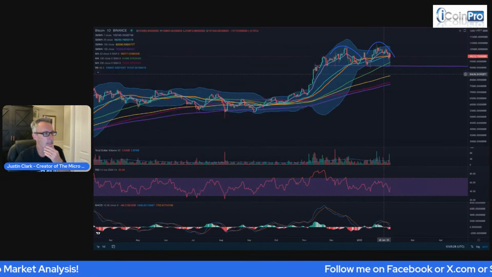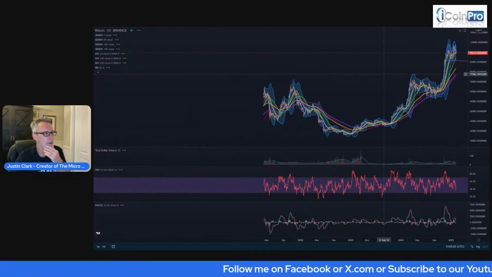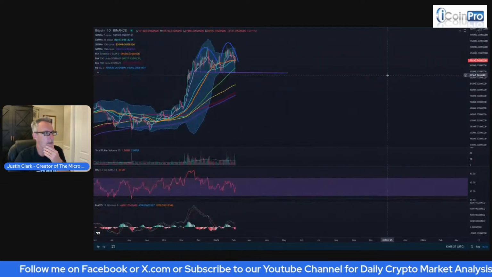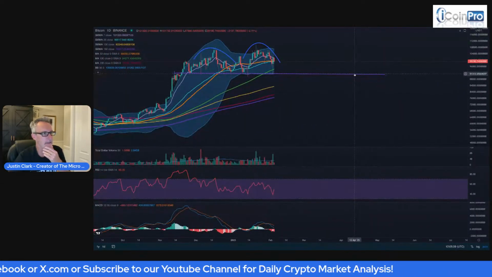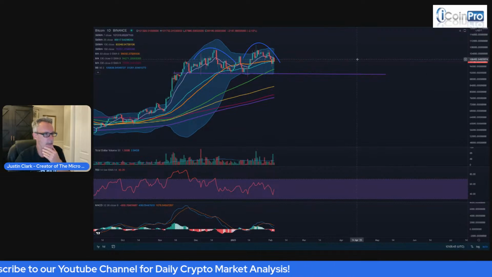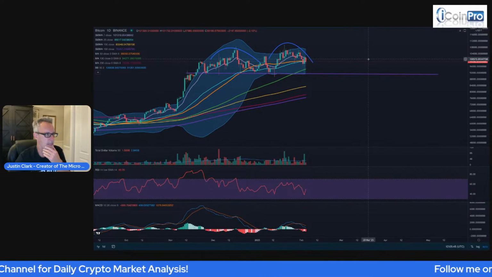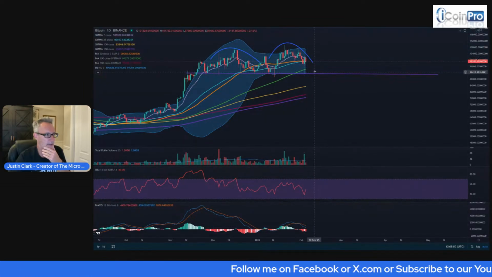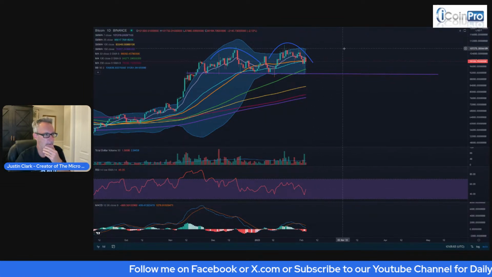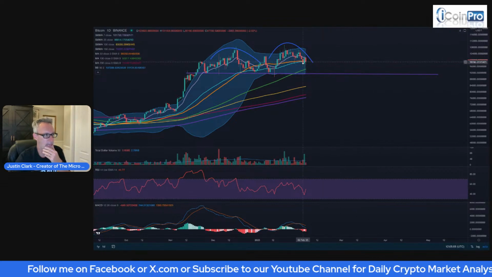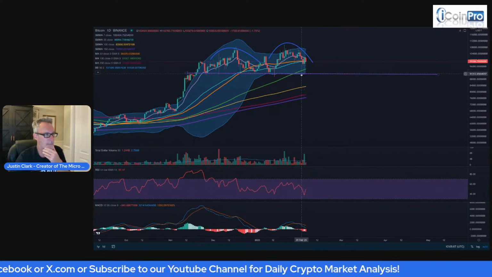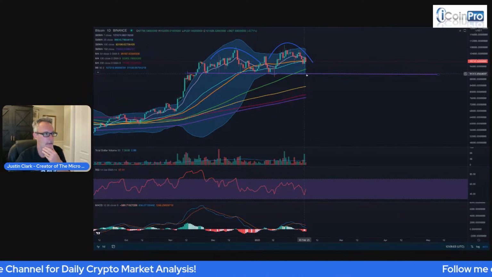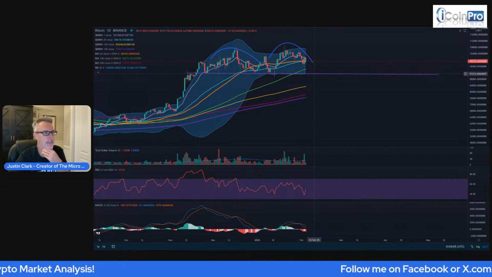So, we really need to see what the market wants to do from here. The key thing right now is we got to get above 100K and stay above it and keep trading above it. Now, if we're going to be doing this pattern, we may need to go down and grind along here at this little bit before we can get some impulse to go back up. And we might go down. If we put pressure on this again, we could see the altcoins react pretty dramatically again. So we're just going to have to keep an eye on it.